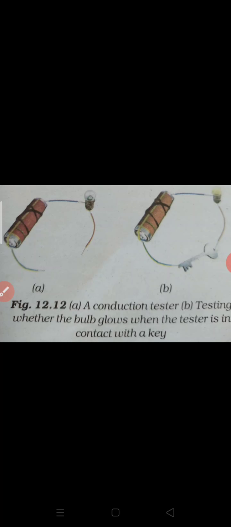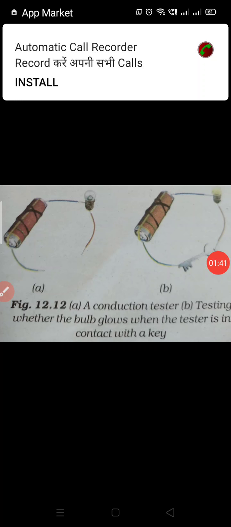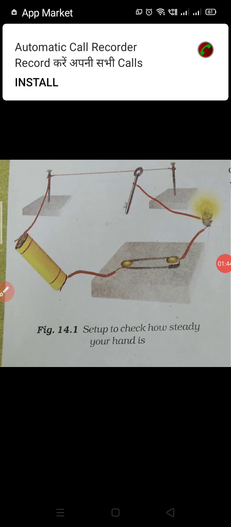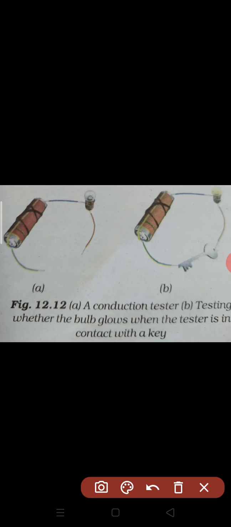So for experiment or to understand what is electric current, various types of circuit diagram you have drawn last year. This is also a very small circuit diagram. In this circuit diagram, the first one is the open circuit diagram, and in this open circuit diagram you have used a tester. If you have used any conducting material, then the bulb can glow, and if any insulating material you have used, then the bulb cannot glow.